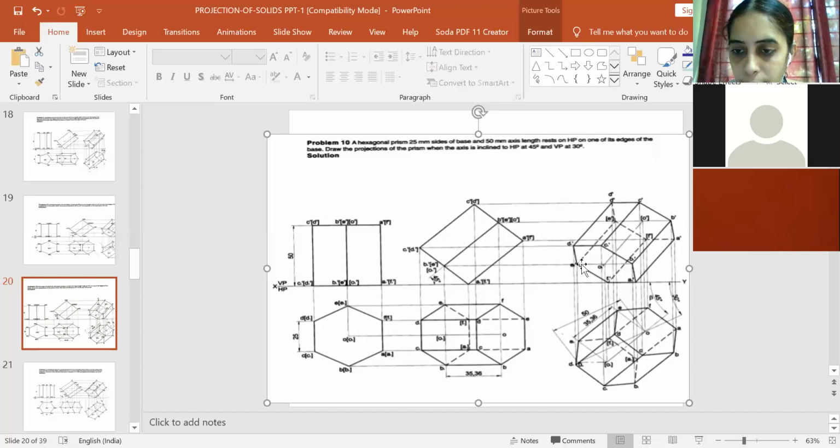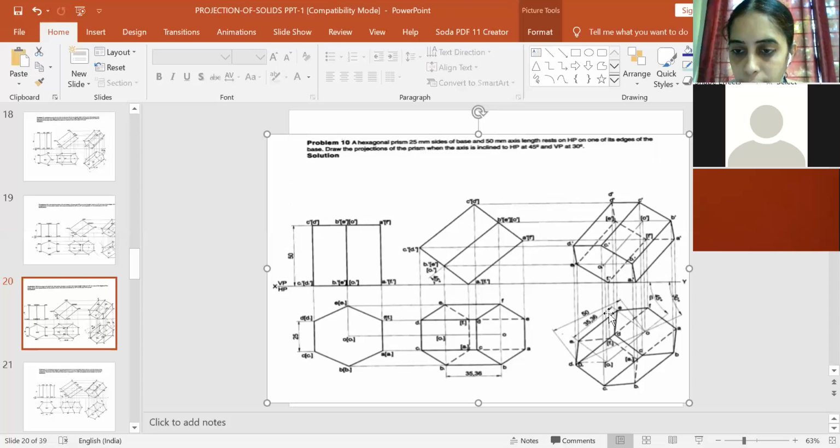E1 to D1 is outer boundary, E1 to F1 is outer boundary, so you cannot show it as hidden, but you have one more projection coming from E1 to E1 dash through inside the surface, so that will be applicable for hidden. Similarly, if you take E1 to F1, even this point is hidden.